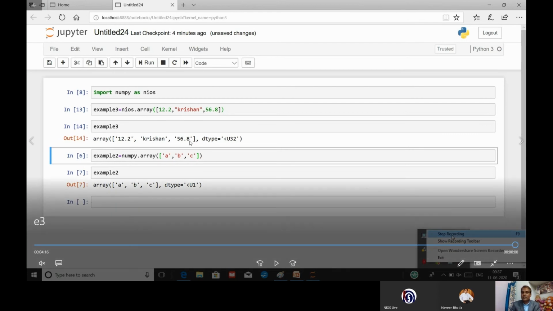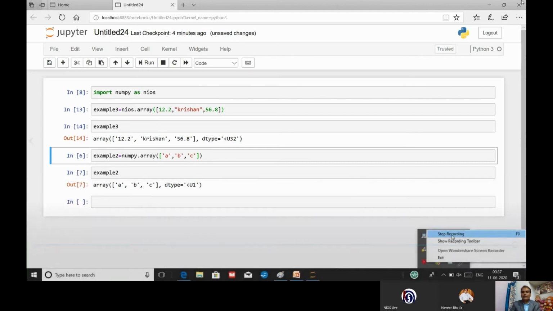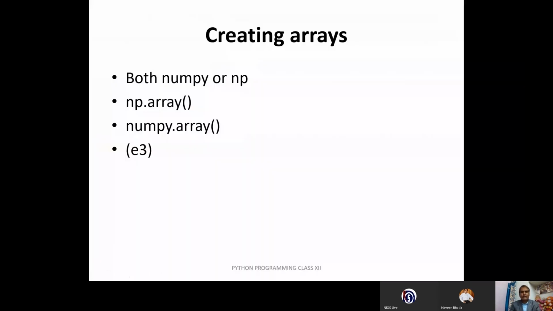This is not a 56.8 float value. This is a string value enclosed in single inverted commas. You can see the dtype is U32. So this is how you can create an array using numpy.array or np.array.